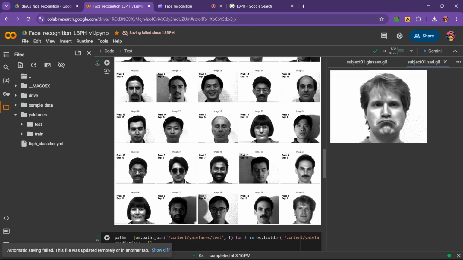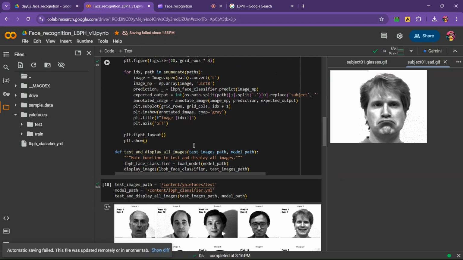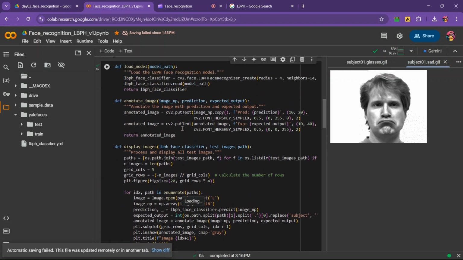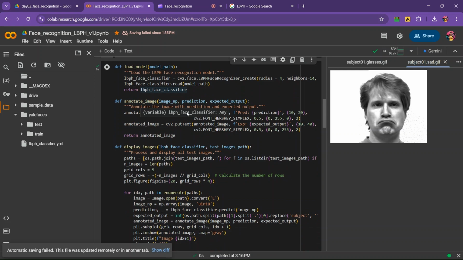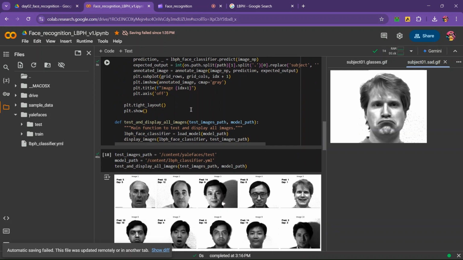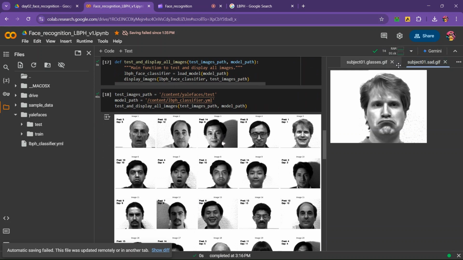Then I have used the model to predict the labels for the test images. This script loads the model, then processes the grayscale test images by predicting the labels. Each image is annotated with the predicted and expected output by using OpenCV and Matplotlib. So as you can see here,